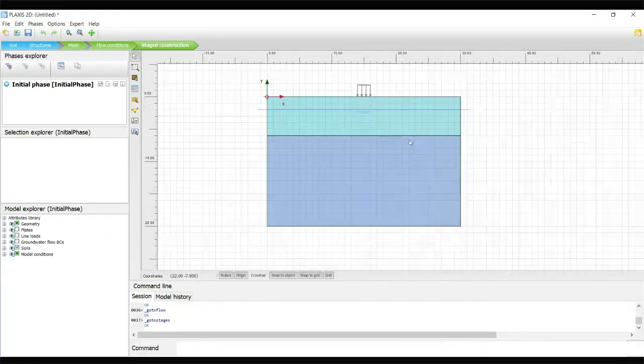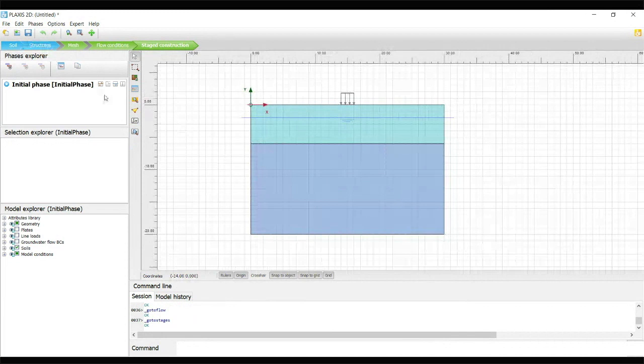Whatever we generated in the soil in the initial phase will automatically be active, and the remaining elements are inactive. Still you need to check whether your unwanted elements are active or not.